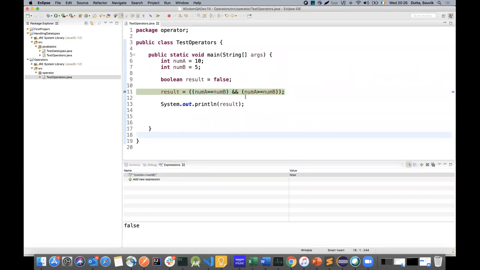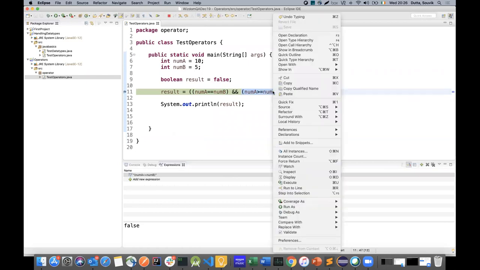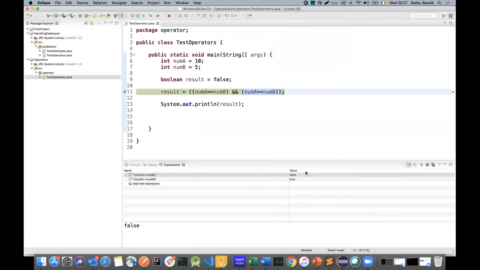Now, num a greater than equals b. Watch. So the first expression is false. The second expression is true. When we talk about logical operators, then both evaluations need to be true in order to,